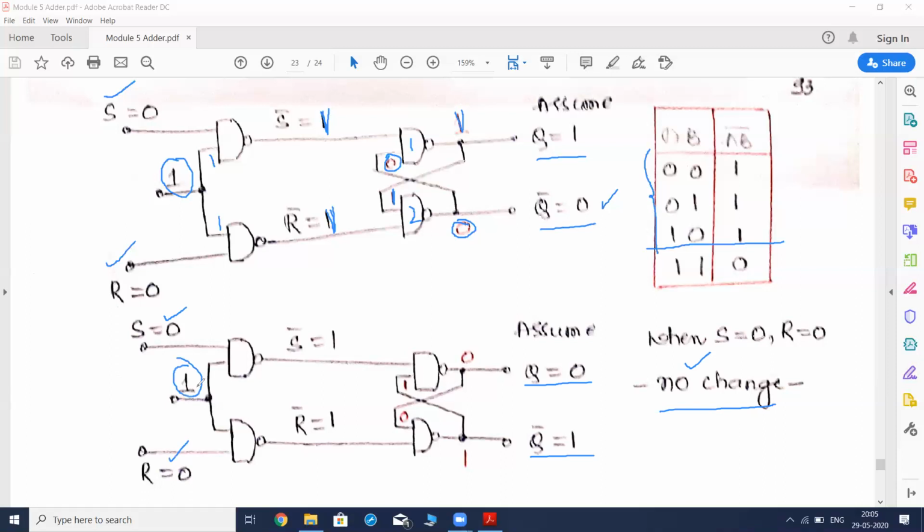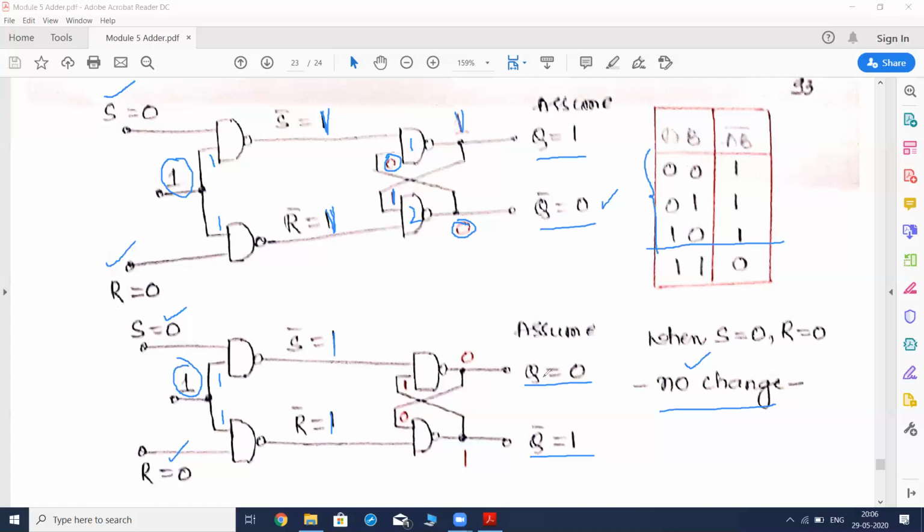If we have given the enable input as 1 and S and R are zeros, then what is the output of the first NAND gate? We know that when any one of the inputs is 0, the output is 1. So here we are writing 1, here also we'll write 1. Any one of the inputs here is 0, so we are getting S bar as 1. Here this input is 0, so we'll write it as 1 over here. S bar is 1, R bar is 1. Now we are stuck over here. So what we need to do is, we have to start our analysis from 0.